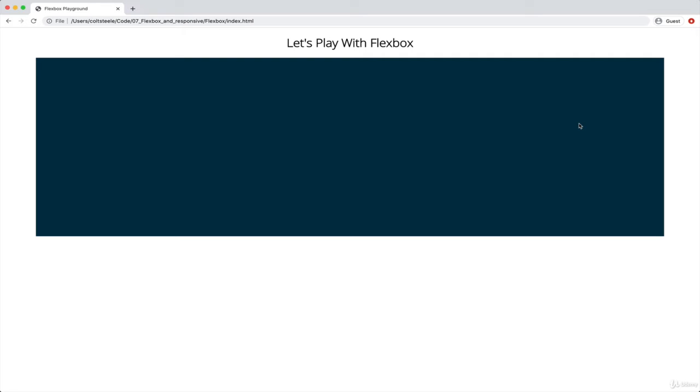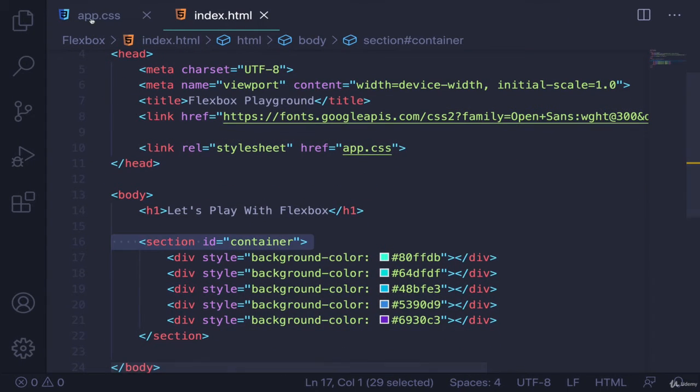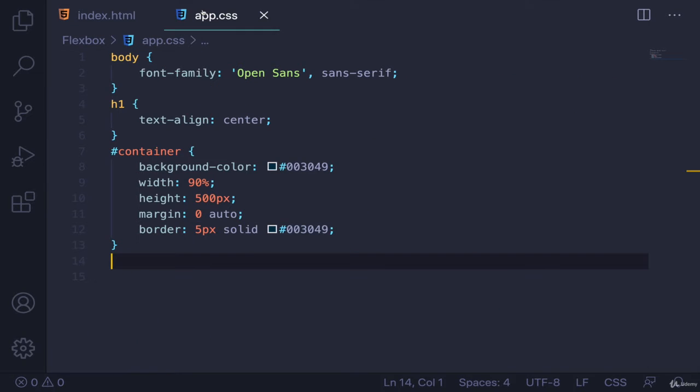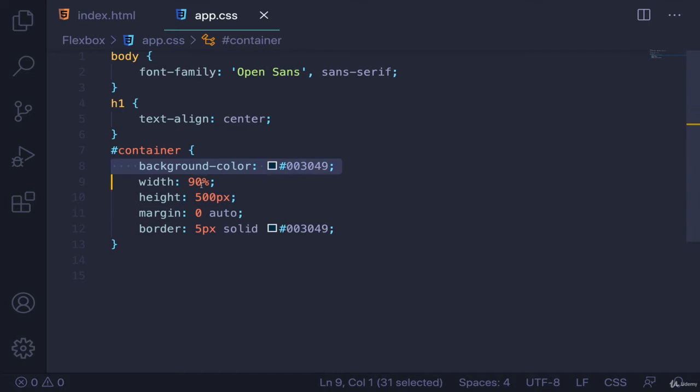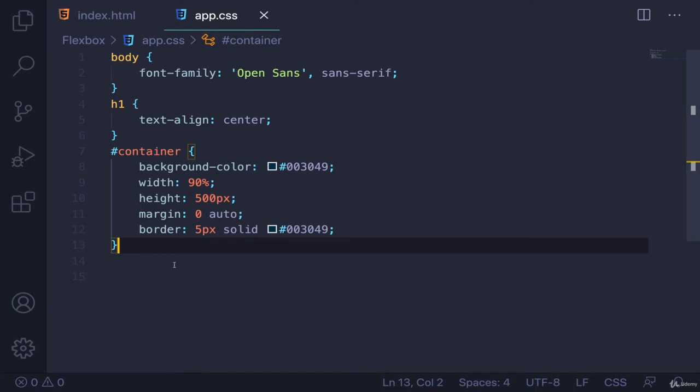So what I'm going to do here is just show you this container that's already on the screen. It's just a regular old section, has the id of container. And it has a background color, it has a width, it's centered thanks to margin auto, it has a height, and it has a border. I don't even know why it has a border, but there it is. There's our container. Now before we do anything with Flexbox, I am going to select all of my divs in that container